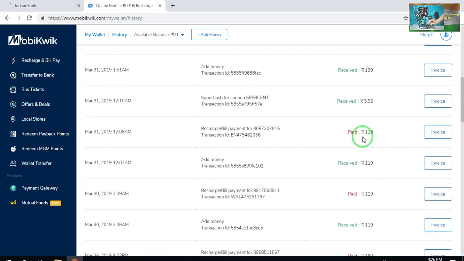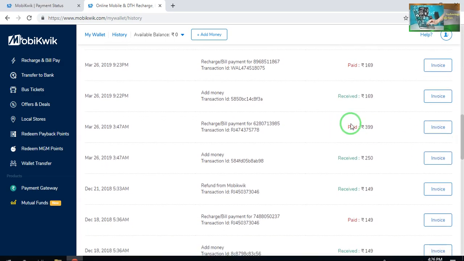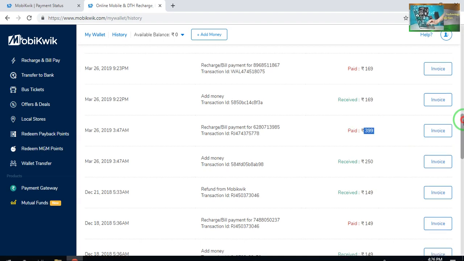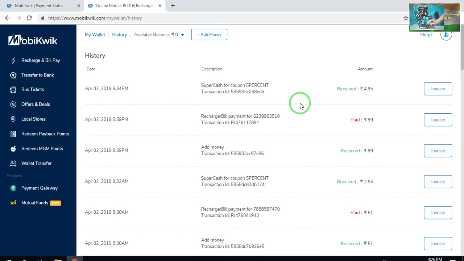See, I have received 6 rupees commission on 199. For example here I would like to show you, on Jio I have done a recharge of 399 rupees, and the company received 250 rupees. And the company paid how much, 359. So I got 150 rupees commission from this company. So this is a good one, of course, and this company gives a good profit if you do the recharge